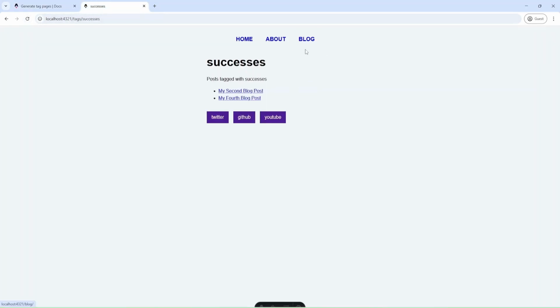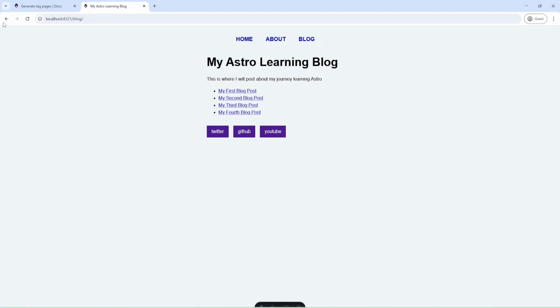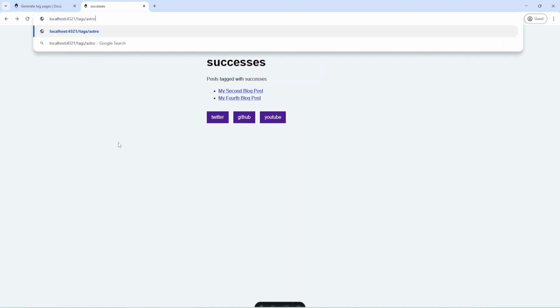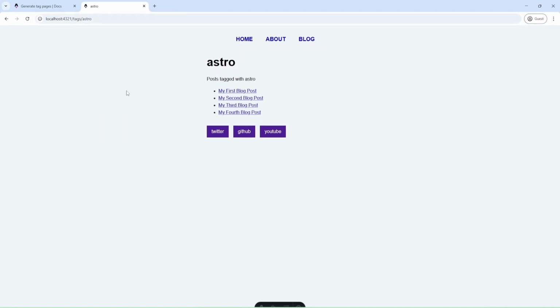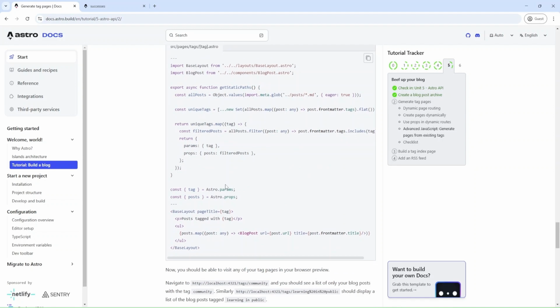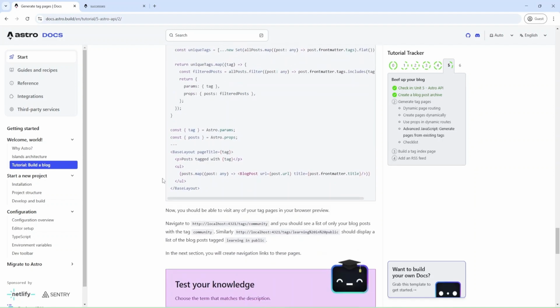And also I can go back and check some other tag, like Astra. Okay, and we have our posts, and here we also have posts, so that's working. They propose to check the code, and we have our working code.